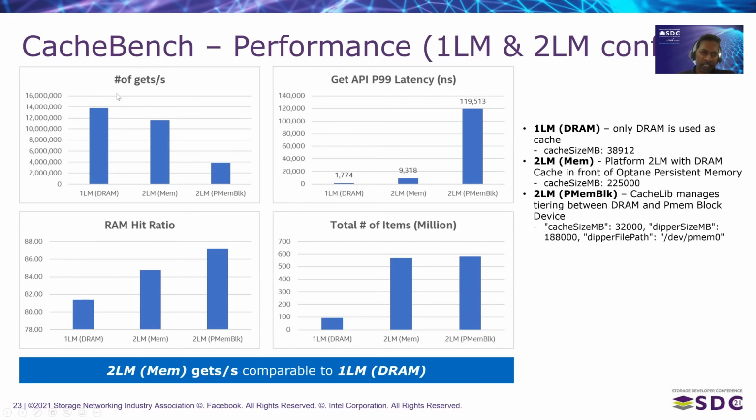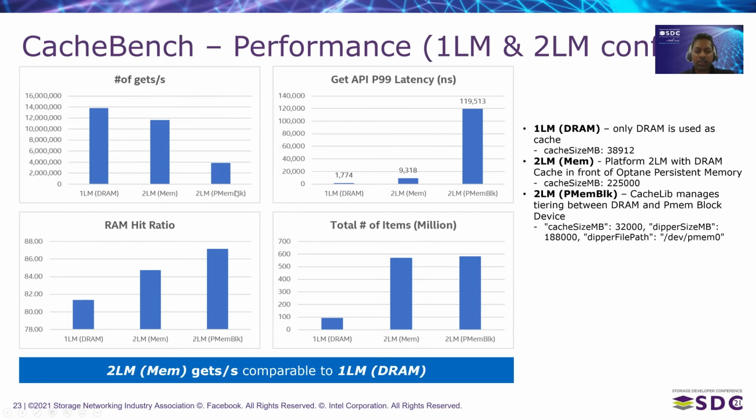This essentially is the key benchmark for caching workloads. So, key metric rather, sorry. The 1LM DRAM gives the best possible throughput, number of gets per second, and then the 2LM memory mode comes very close to DRAM, which is not bad because you're essentially using the higher capacity media, which is less expensive compared to DRAM, right? So with the combination of those two, you get the additional capacity as well, where you can actually get a better hit ratio on top of that.